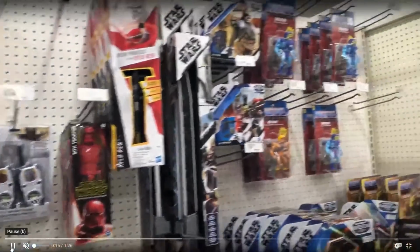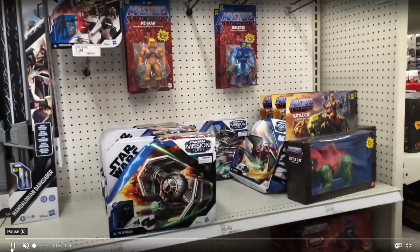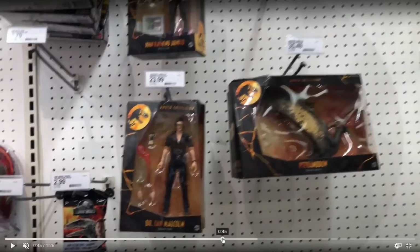Anyway, not much in the way of Star Wars figures. You have the He-Man stuff. He-Man Master of the Universe is back. There's that new show coming to Netflix from Kevin Smith, and those have their own toy line as well. So if you like the classic He-Man figures, let me just go back. If you like the classic stuff...